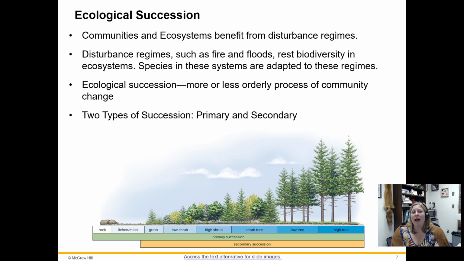Fires are really good at releasing nutrients, removing dead and decaying organisms, getting some of that debris and detritus out of the way, and allowing for this natural progression of ecological successions. So when you have a flood, a hurricane, something that wipes out some trees, that is what we would call a secondary succession. If the soil is left in place and undisturbed and you still have live things in there, seeds and earthworms and bacteria and fungi,